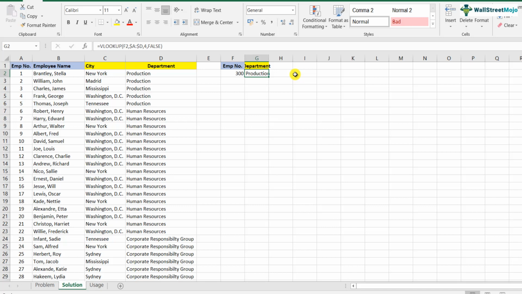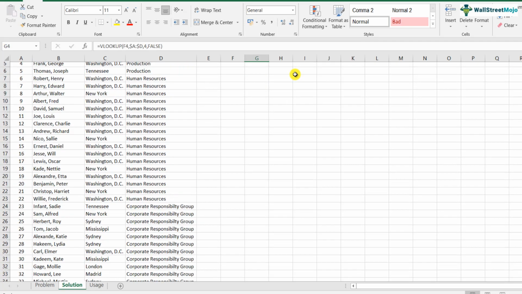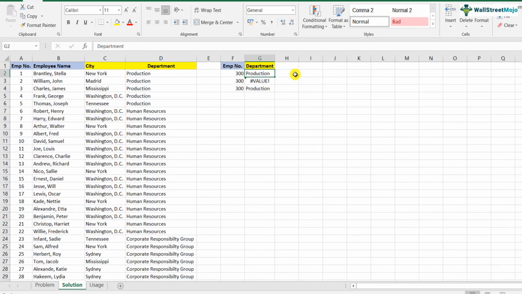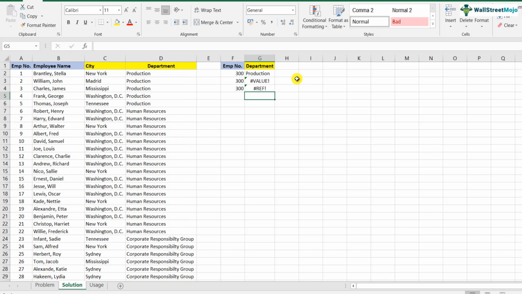So now I'll give you a few errors which are possible. Quickly I'll show you. What if I add 0 instead of 4? By mistake the column number I add as 0. The error which will come is a value error, which will tell you that the column is wrong. What if I add 5 instead of 4? We have only 4 columns selected here, but if I by mistake add 5, which is not selected, then the reference error will come, which will basically state the column that you have added is not in the database that you have selected. So these are the errors that can occur.